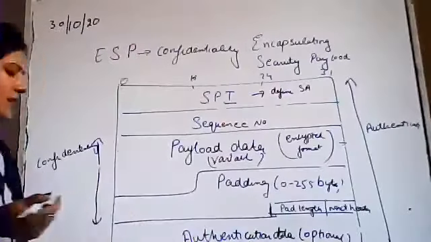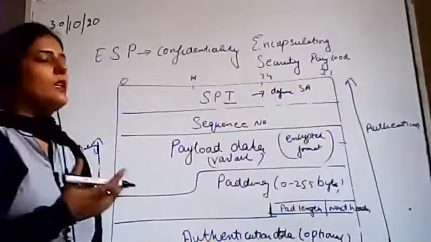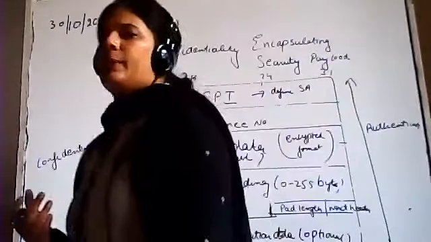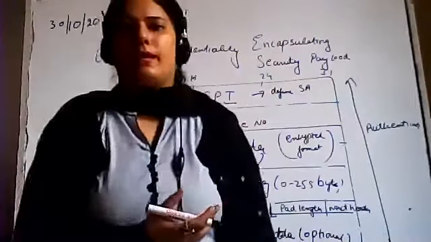So padding bytes are required to provide an extension to the data if it is not matching the total size of the plain text. At that particular time we can use these padding bytes. So whatever encryption we are using, while doing that encryption, we can take extra bytes from these padding bytes.